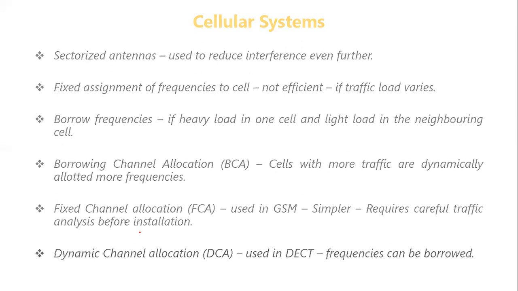Then we have discussed different modulation schemes. Okay, so that is digital signal. If you want to transmit the digital signal through the wireless media, then you cannot transmit the digital signal directly. It should be modulated. So first you have to convert it to an analog signal. For that, we have to use a technique called digital modulation. So we have discussed various digital modulation techniques like amplitude shift keying, frequency shift keying, phase shift keying,